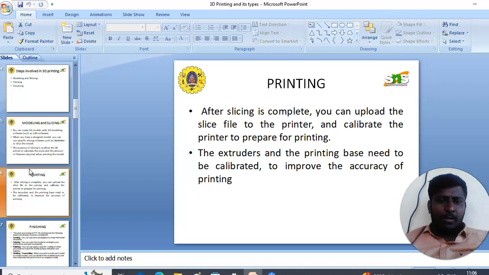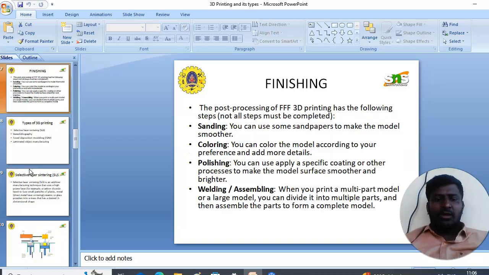After the model is created using CAD, you can upload the slice file to the printer and calibrate the printer to prepare for printing. The extruders and the printer base need to be calibrated to improve the accuracy of the printing. After the object was made,